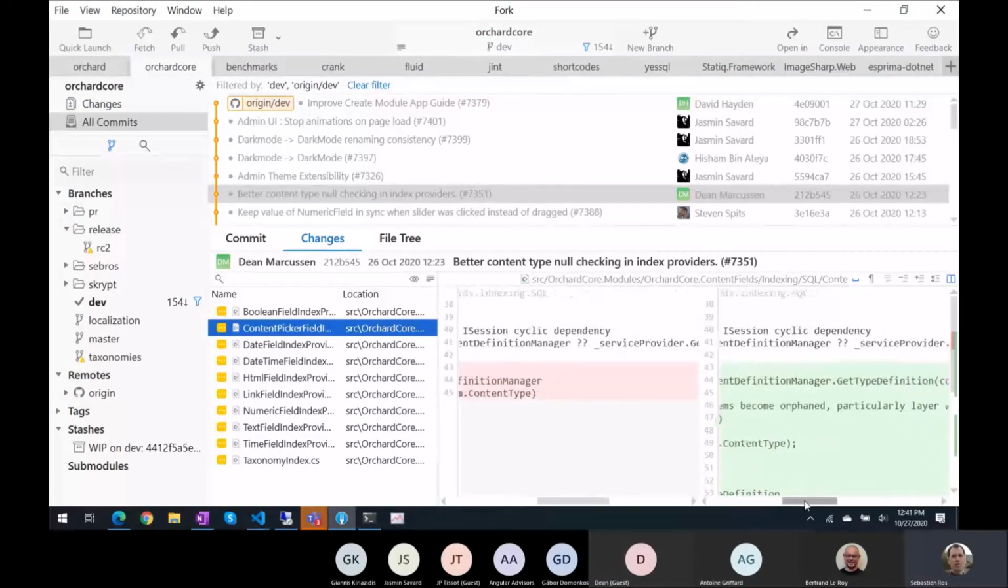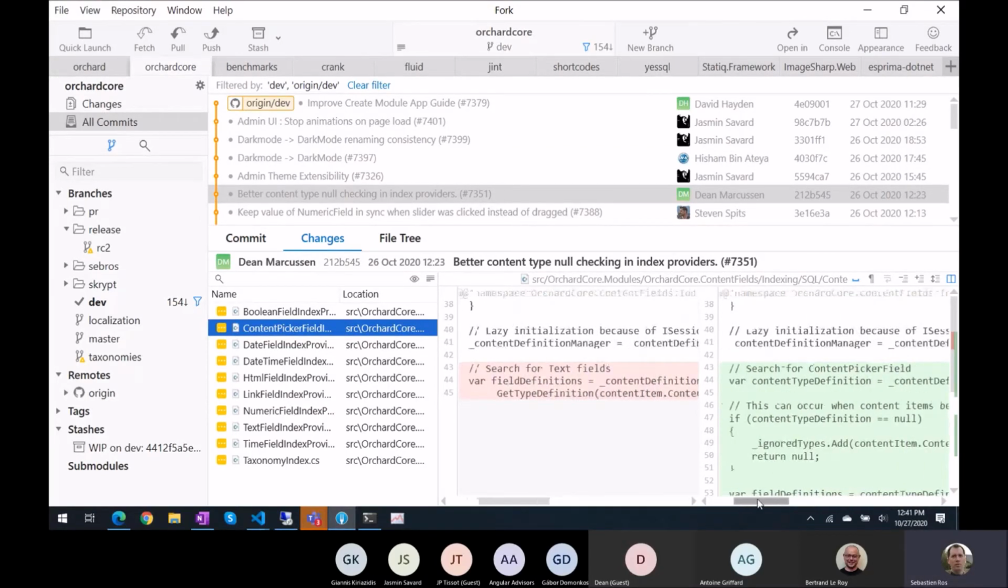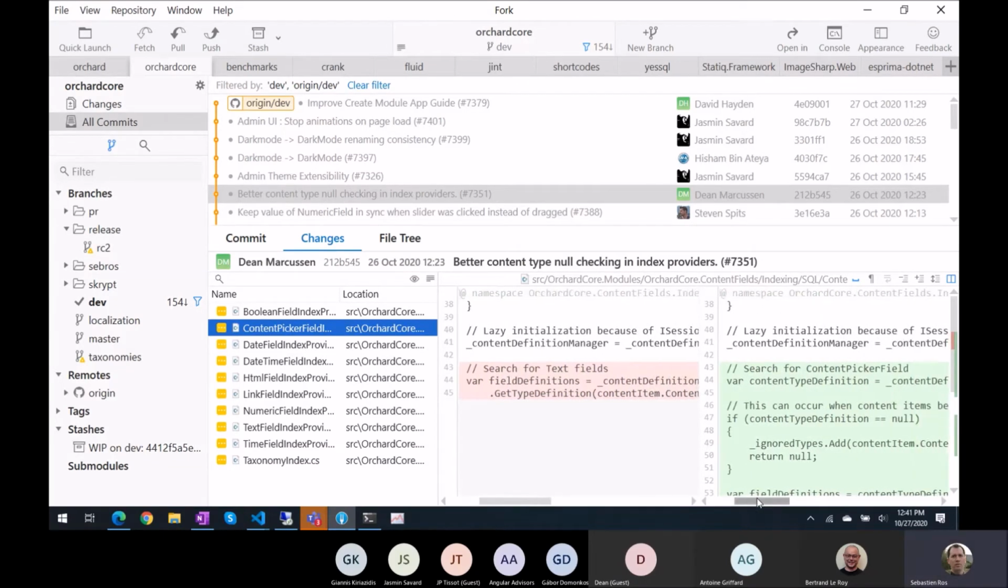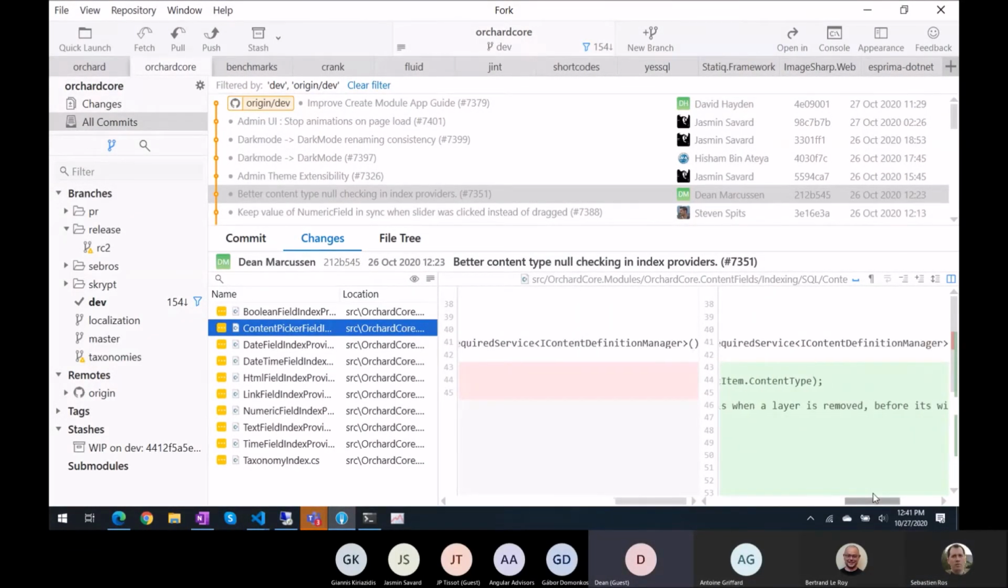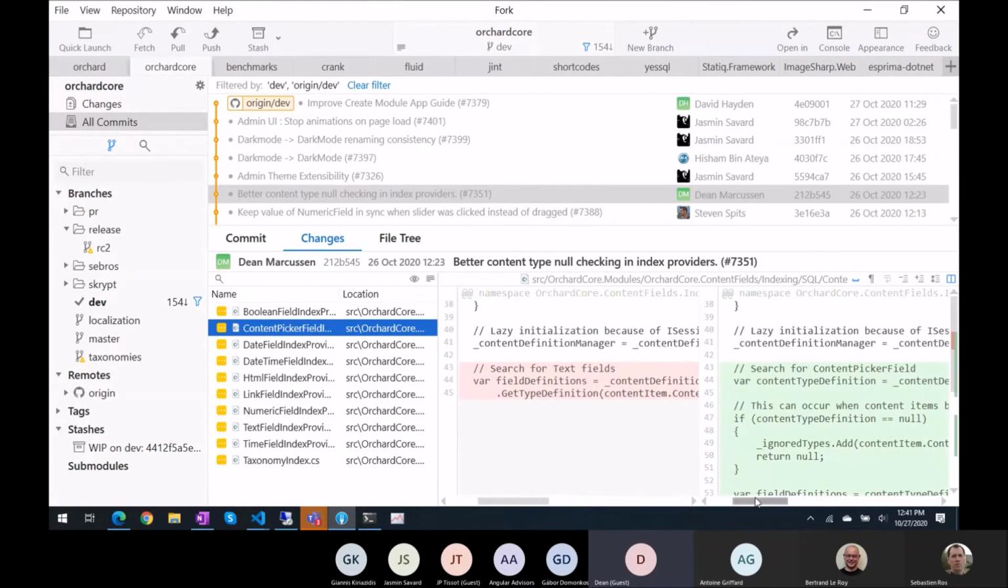This can occur when content items, particularly layer widgets, when a layer is removed before its widgets have been unpublished. Oh, this is orphan. But I don't understand. What's the relationship with content type and layers? So this is something that Script came across, and I've come across a few times in a recent site I was building, where